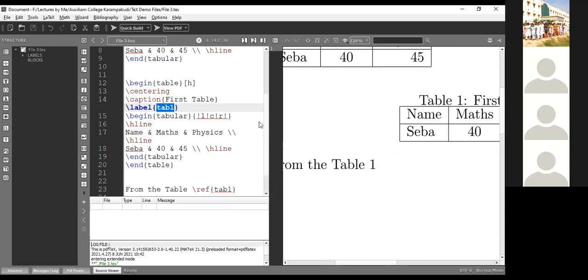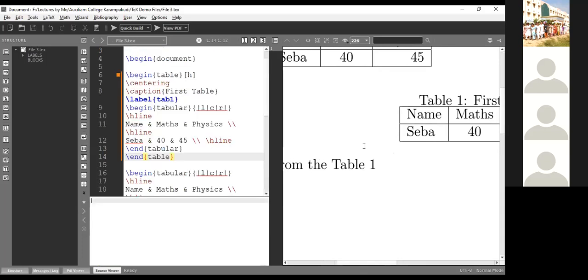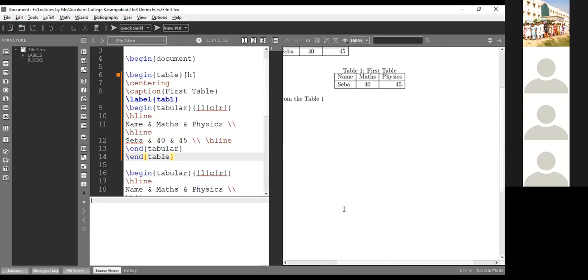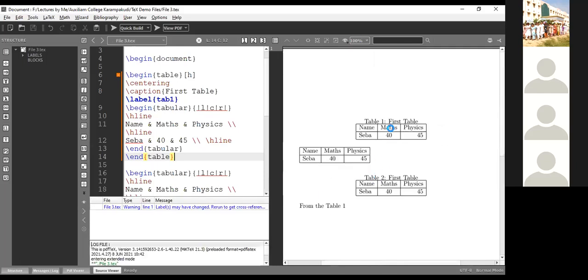Table number 1, table number 2. Automatically, these references are taken over by the LaTeX editor. It automatically changes the table numbers from table 1 to table 2. It gives consecutive numbers for tables.